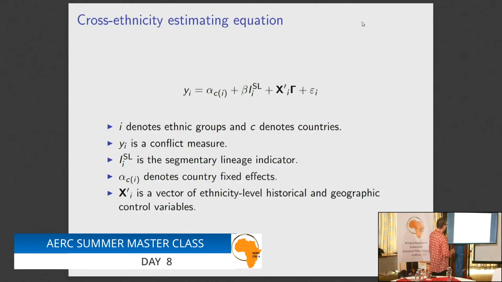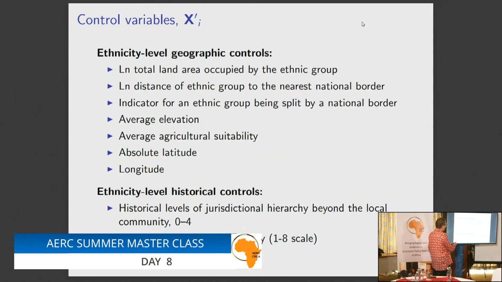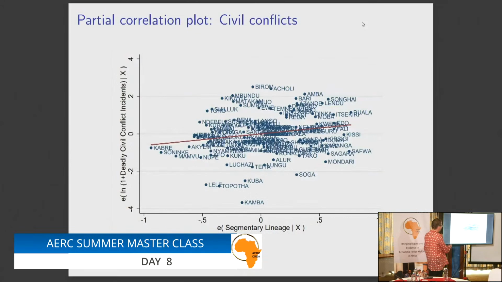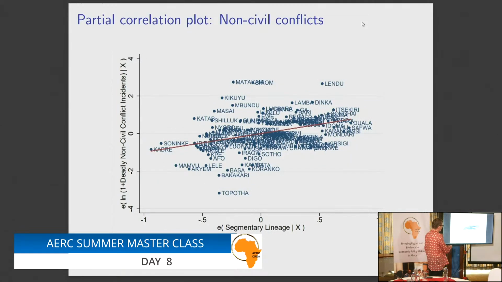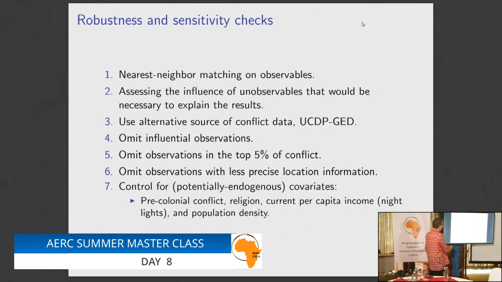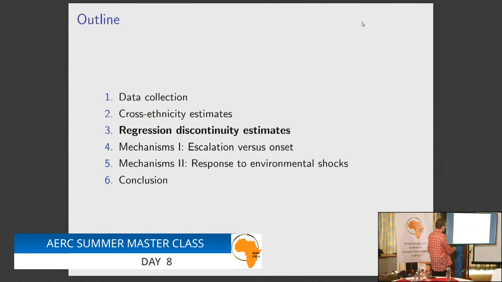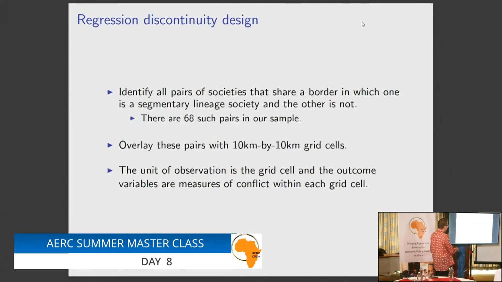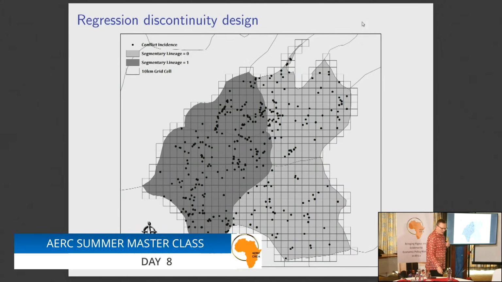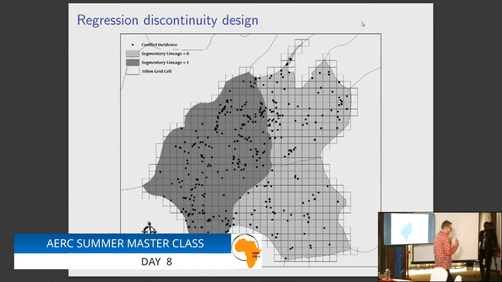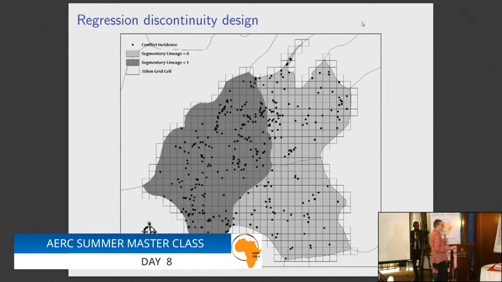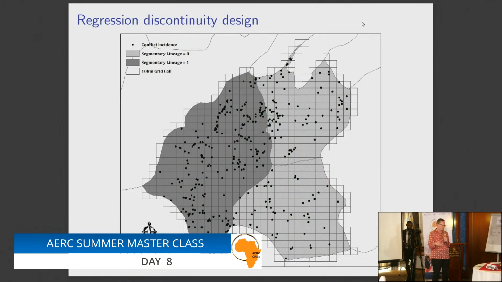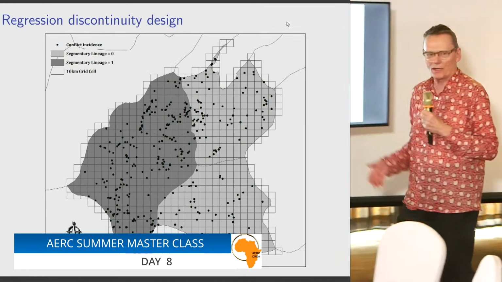Okay, so here's, I can run ordinary least squares regressions, but I'm not going to do that, because that just shows you what, okay, so here's what I'm going to do. So how do we tell a more causal story about this? We exploit the boundaries, okay? So I showed you the boundaries. This is Western Uganda,